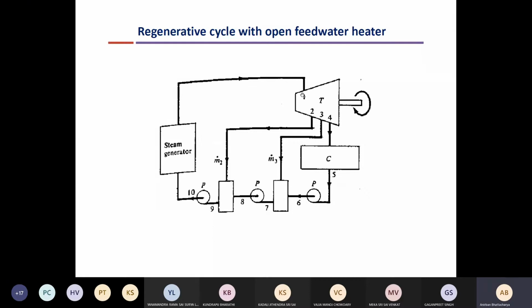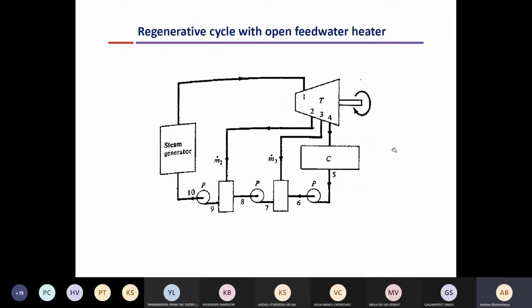Then instead of expanding the entire steam through the turbine up to state 4, which is, say, the low pressure and temperature state, the steam gets expanded, but at a certain location, as there are multiple stages in the turbine, after a few stages the steam is at intermediate pressure and temperature. So a part of the steam, say around 10 to 15%, that has to be calculated from energy balance, what is the exact amount, some amount of steam is taken out and taken to this mixing chamber, which we call the open feed water heater. Okay.